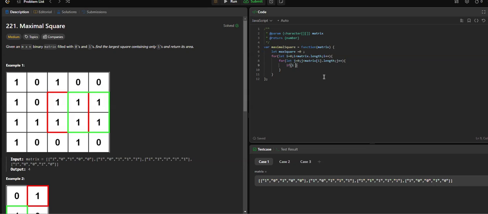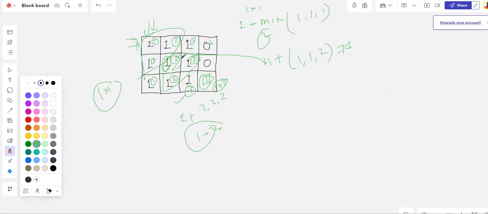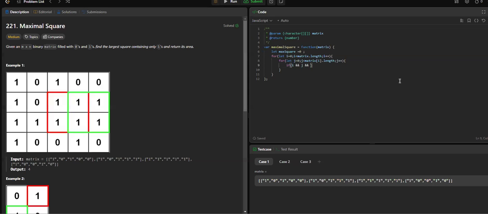If i and j, that means we are not in the first row and first column, then we are adding these numbers, right? So what we do is matrix of i comma j, if the number is also there, because for the 0 we don't care. That won't be contributing to the matrix square. So we say matrix of i comma j